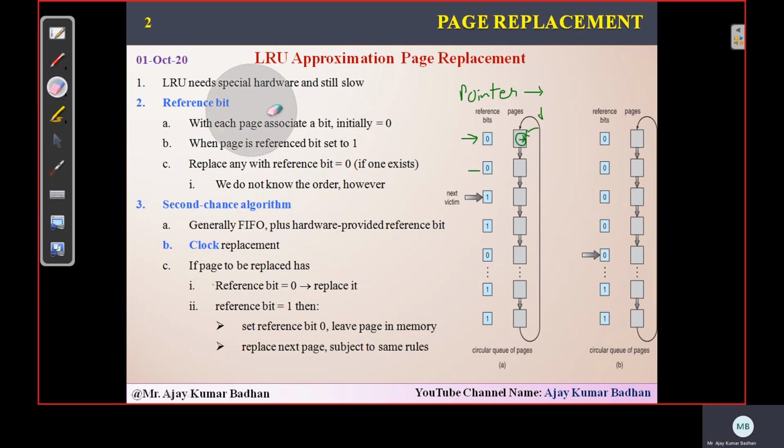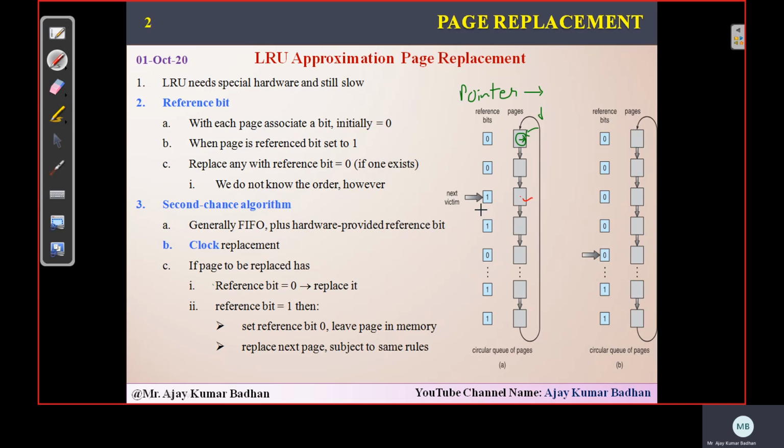Same way here also. But when the system comes to this particular location, the pointer comes to the next victim, and suddenly the reference bit is set to 1, not 0. So what does that mean? This page will be given a second chance. It will say, okay, you carry on continuing execution here. Why? Because just now it has been brought here and at the same time modifications are done to this page. If you remove it, the page has to be updated in the backing store, so swap out, swap in. It will take some time. So the system will not select this as a victim.